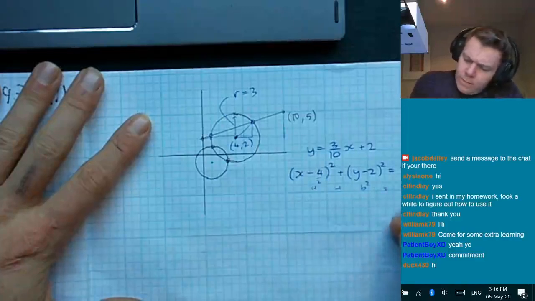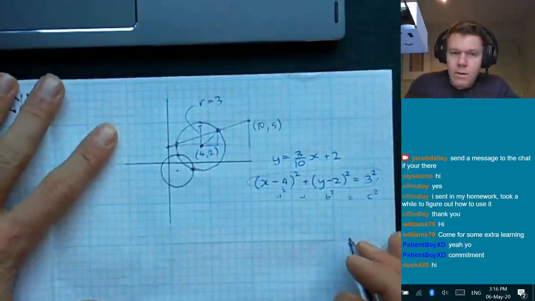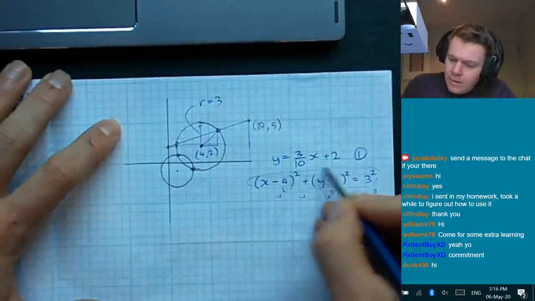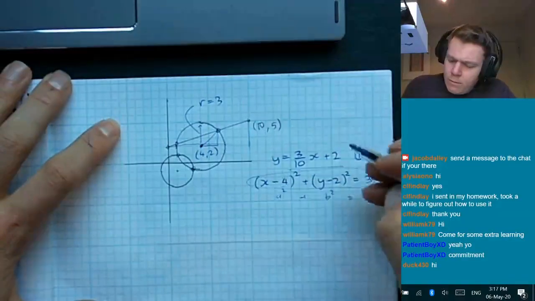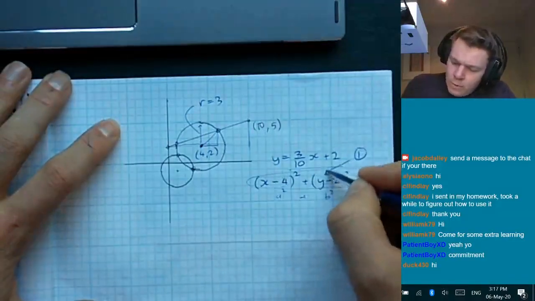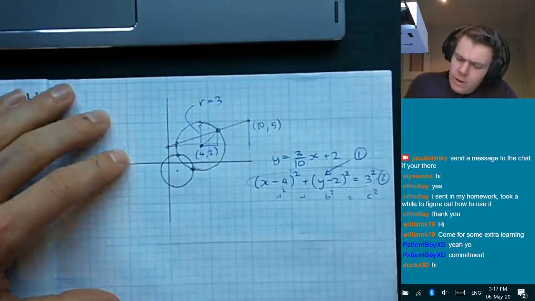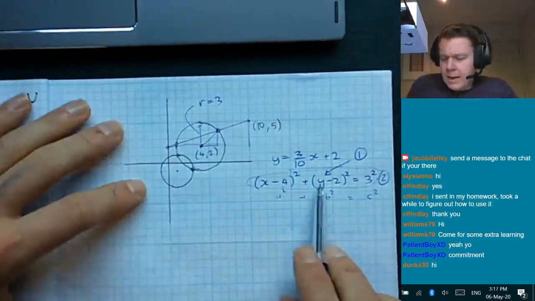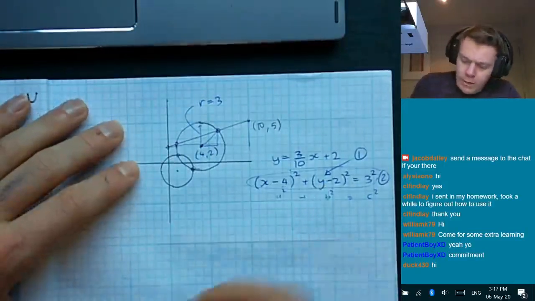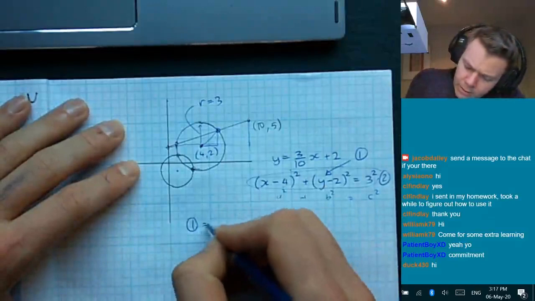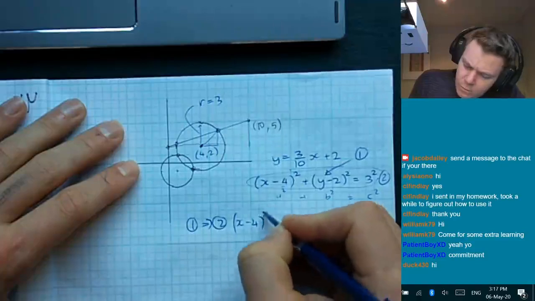Okay, so when we have an equation that's rearranged for y, we can put it straight into where there's the y in the more complex equation and do a bit of expanding, because that would eliminate our y variable. I'll show you how that works. So what we're doing is putting 1 into 2, so that looks like x minus 4 squared,